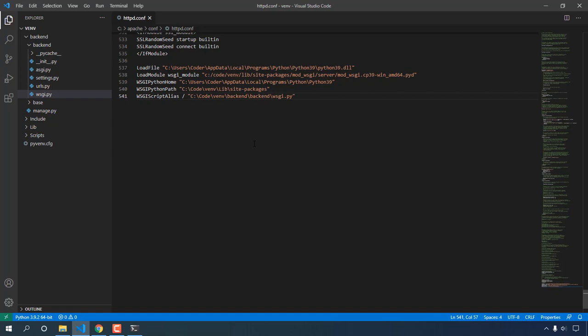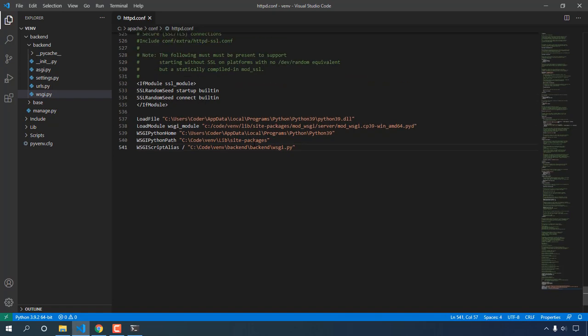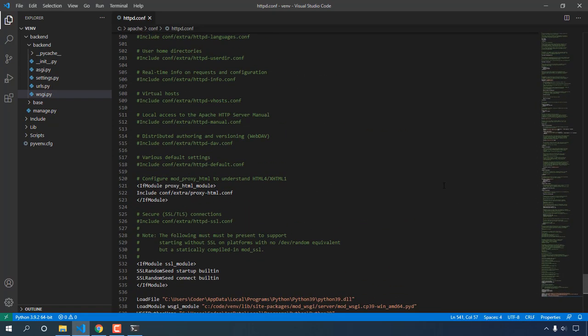Now we would just have to make some more changes in our Apache config file. So basically we undid everything that we did in the previous video so we can actually execute scripts. Now the only thing that we would have to do is go into our directory, and we're going to have to point our directory. When I say directory, our document directory, that is, and we have to point the directory to our virtual environment,